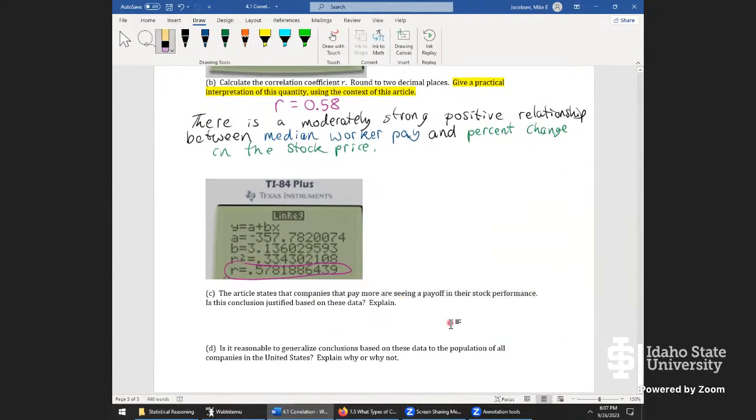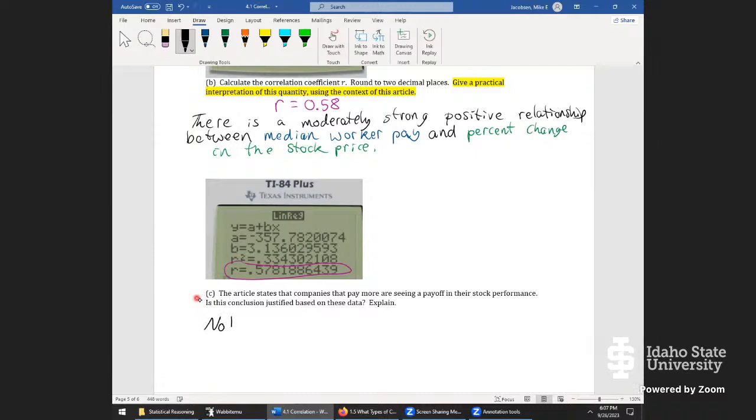So let's write this out really carefully. Part C is not something that's actually in the homework and website, but again, it's kind of a review question all the way back from chapter 1. We'll say here, is the conclusion justified? And it is a no. Put an exclamation mark on there. To explain it, we'll say, this conclusion is suggesting, and we can't even suggest cause and effect, but it is suggesting